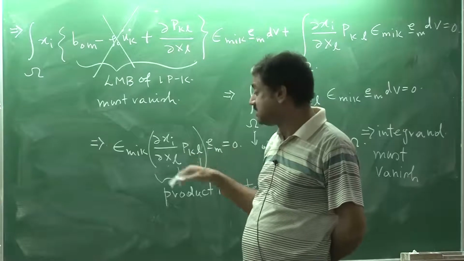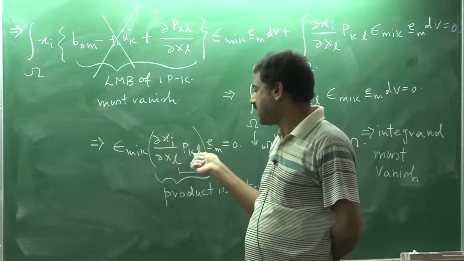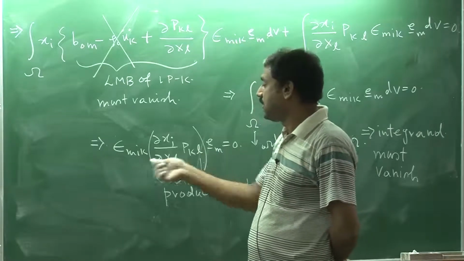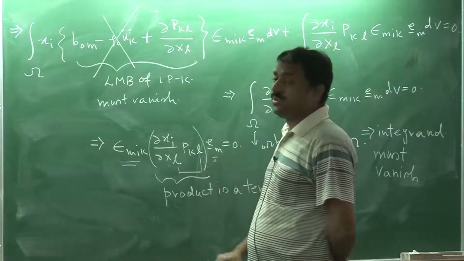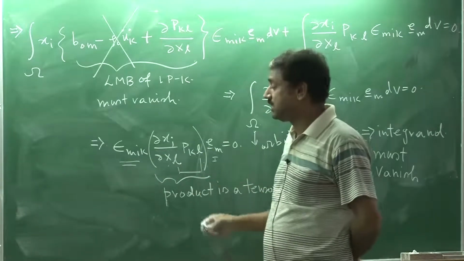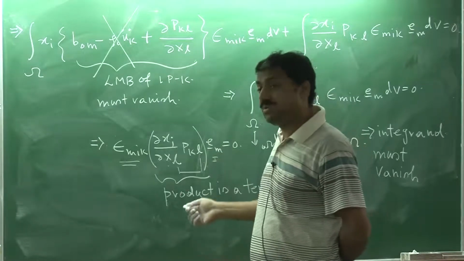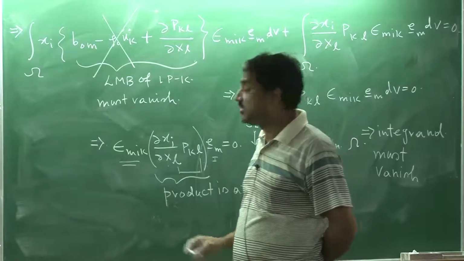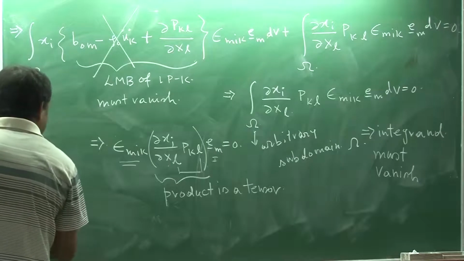I am assuming that this is some tensor which will have two free indices i and k, because this is a dummy index, s will be dropped, and this is associated with epsilon m i k and e m. So, you know that we have derived that if this is equal to 0, then the tensor must be, if we expand, a product of a symmetric tensor. So, this expression is nothing but